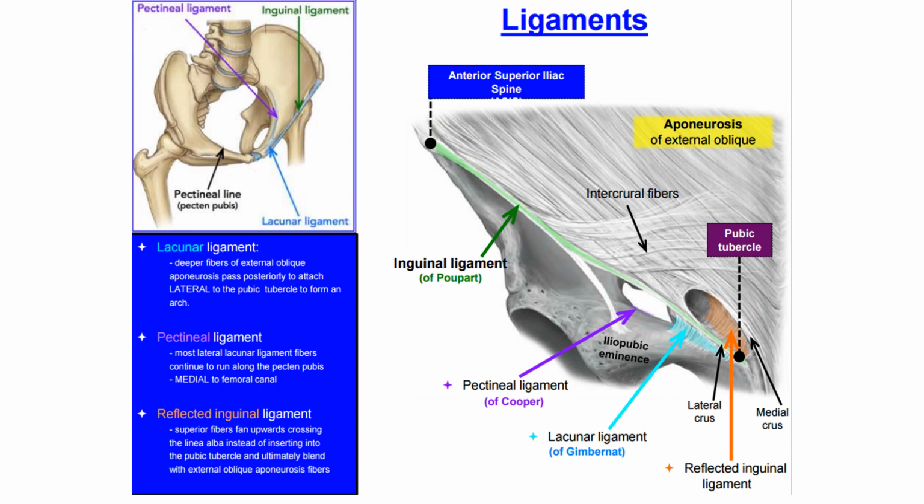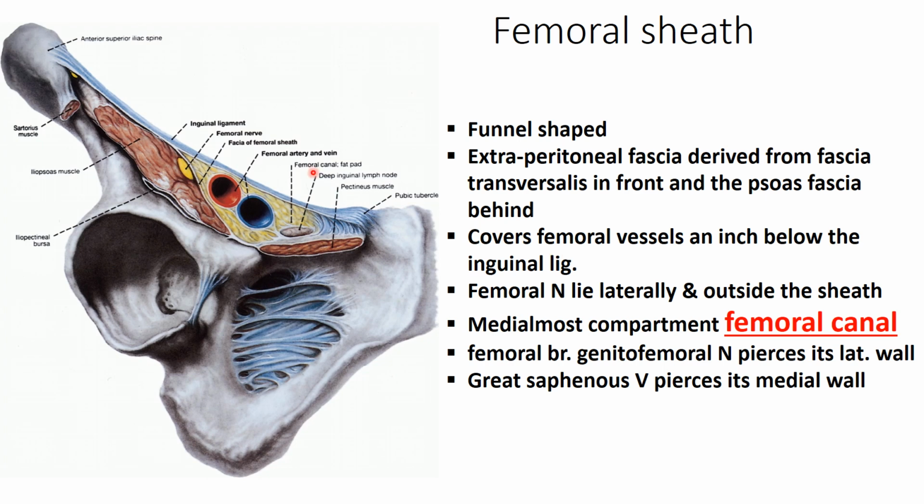And this is on this femoral sheath. As we know, the femoral artery and femoral vein are the continuation of the external iliac artery and vein. As they pass beneath the inguinal ligament, they change into the femoral artery and femoral vein. But as they pass from the abdominal portion, along with them they bring an extraperitoneal fascia, which is derived anteriorly from the interior layer of the anterior abdominal wall, which is the fascia transversalis,